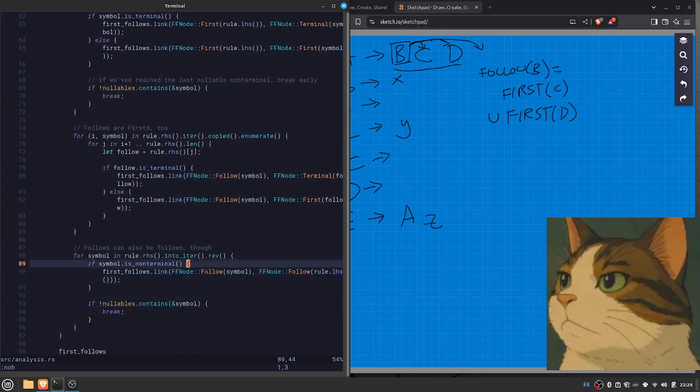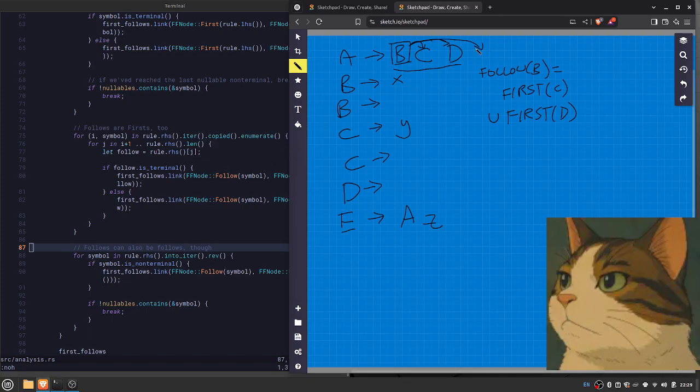That would be this case down here. When you reach the end of a right-hand side of a rule using this method, and everything to the right of that symbol that you're considering is nullable, you actually kind of pop up the stack in a certain sense, and you have to union in the follow of the left-hand side, which in this case is A. So